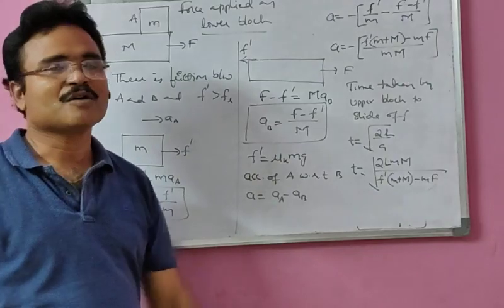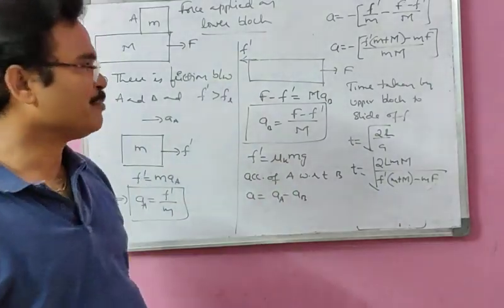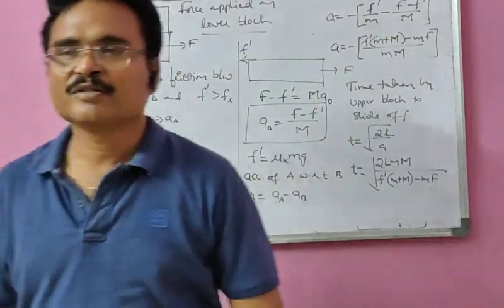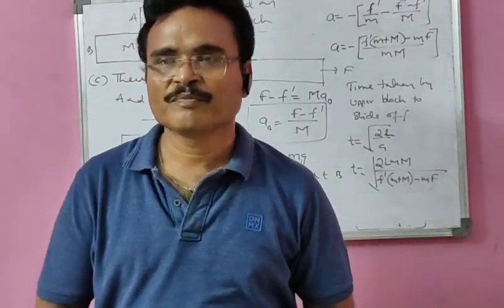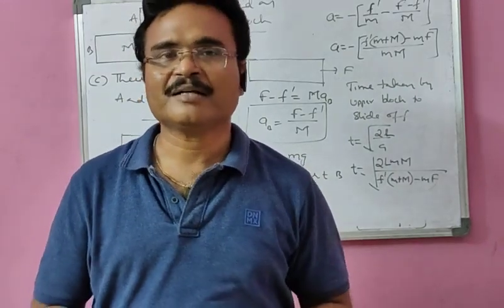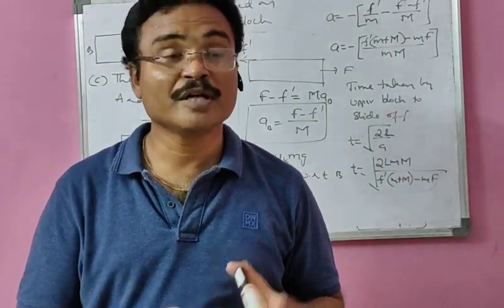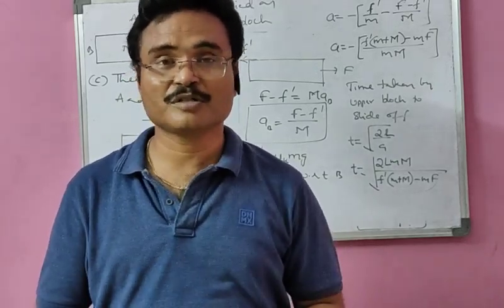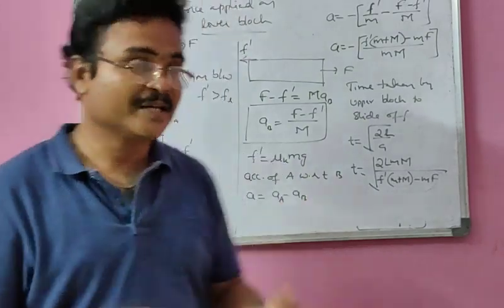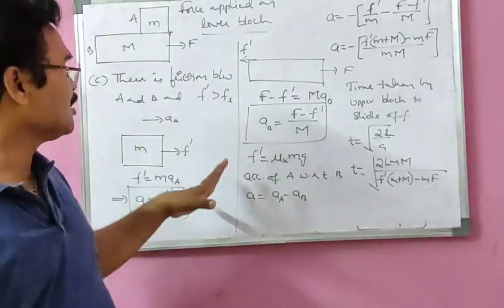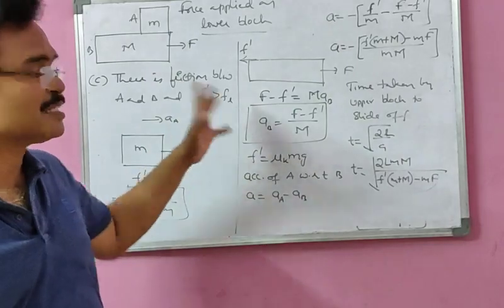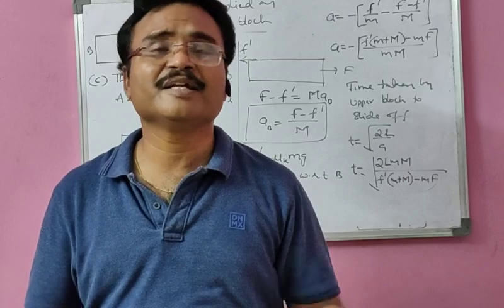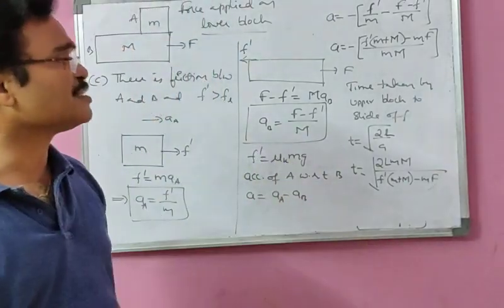So these are the block-over-block problems which are very important for the students to understand. So the conditions you must understand here. In the first one, what I told you, when force is applied on the upper block, the two blocks will move together only provided F is less than the limiting frictional force of the upper block. And here also the two blocks will move together if F dash, that is the pseudo force, is less than FL. Once it is greater than that, it becomes kinetic friction. So we can write the same here.